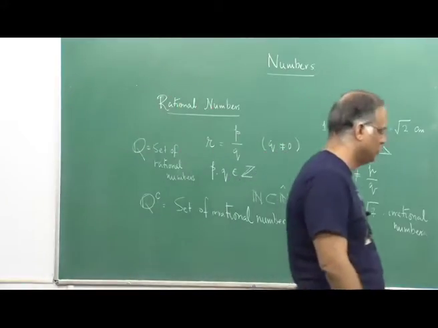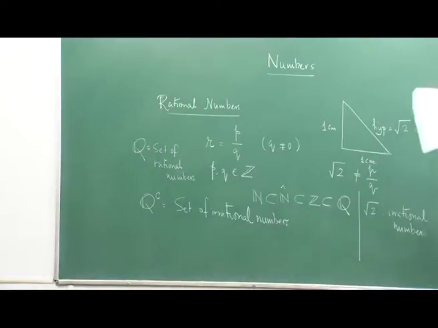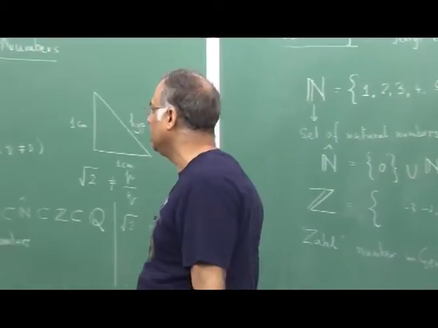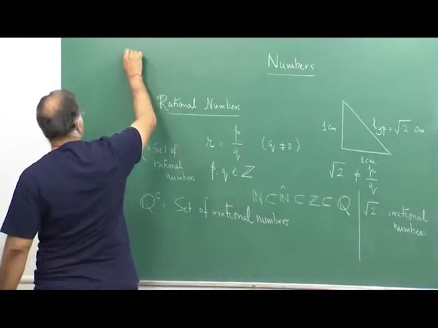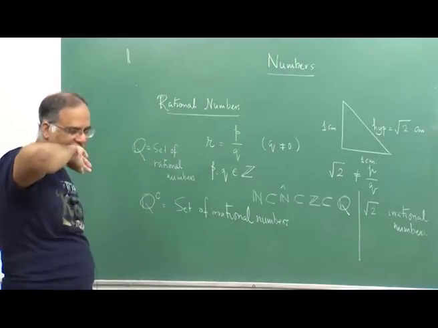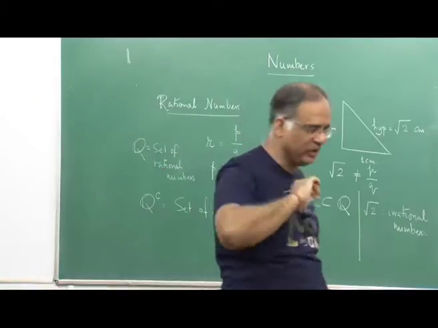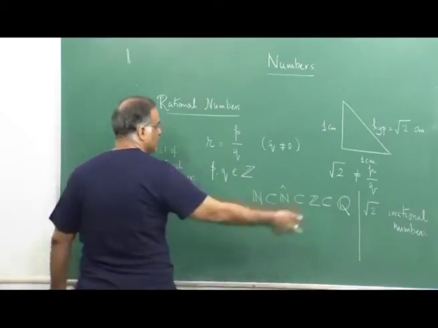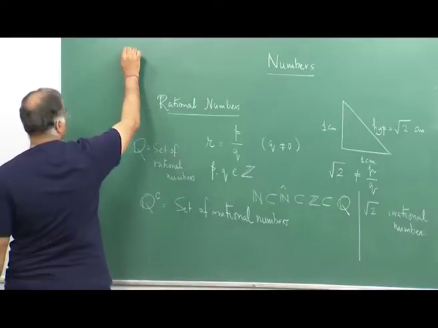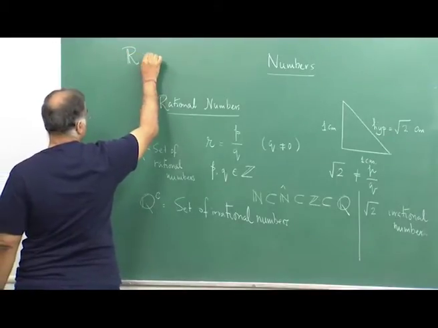And now, we introduce the super number set, which is called the set of real numbers. These are the numbers which we really need. Real in the sense that these numbers seem to exist actually in reality, in the sense that we can actually find them, even irrationals like root 2. So, R, the set of real numbers,